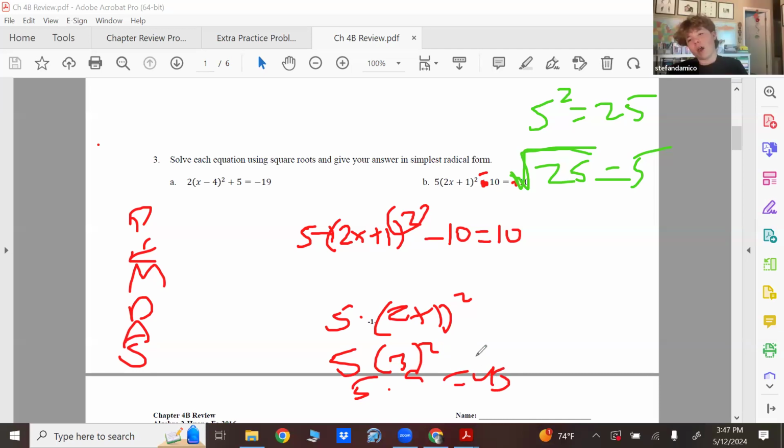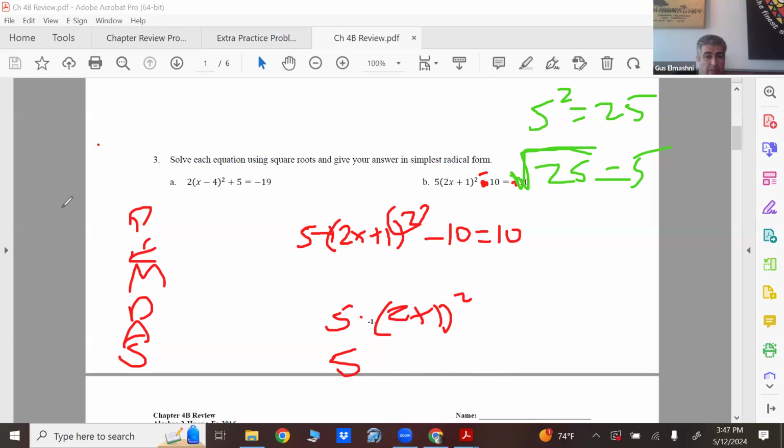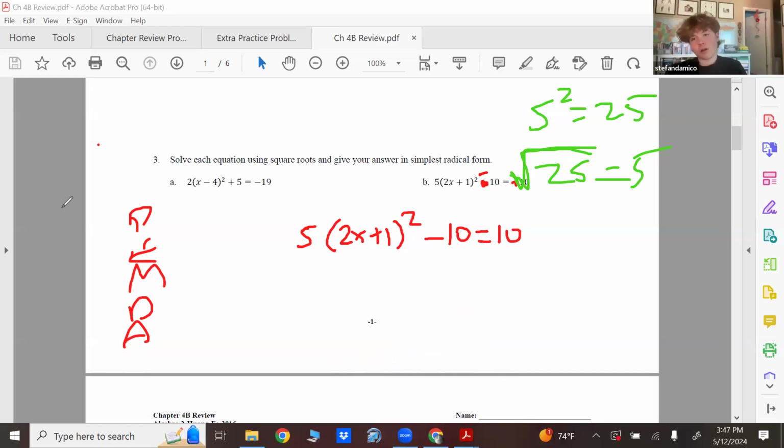So from an algebraic perspective, when we have to solve this, I should probably get rid of that 5 and move to this, or actually get rid of that -10 first, then move the 5 over. That was one mistake you're making. The other mistake you're making was you wanted to combine the 2x and the 1, which I didn't really understand,